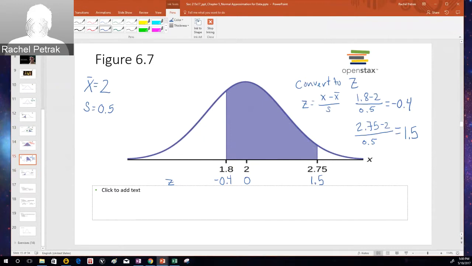Finding these scores based on proportions. So if I know these scores, then I can use the z table, and I guess I'm getting a little bit ahead of us, aren't I? But that's fine. We can use the z table to find the proportion of the distribution that lies between these scores. And I'm going to use this opportunity to introduce to you